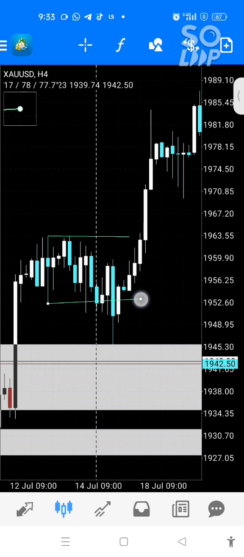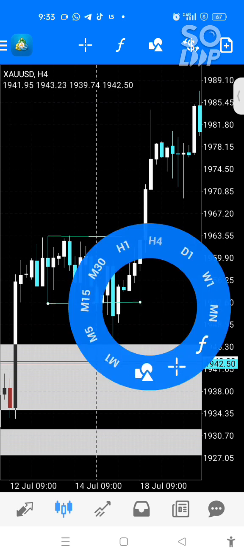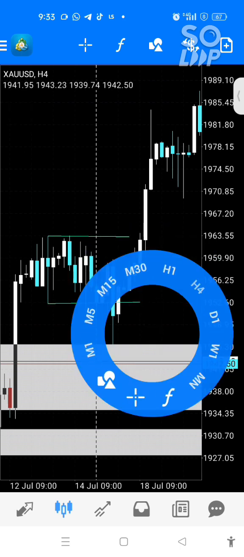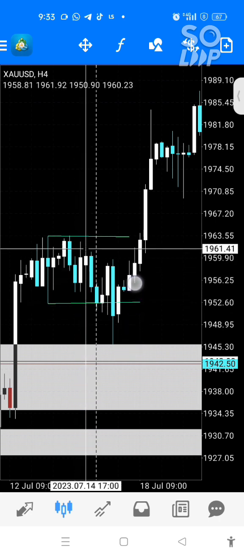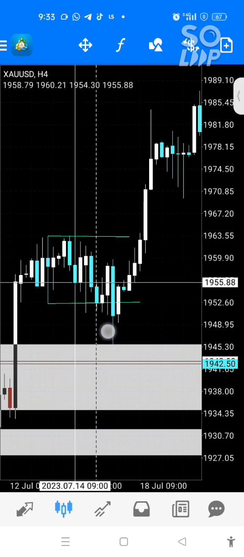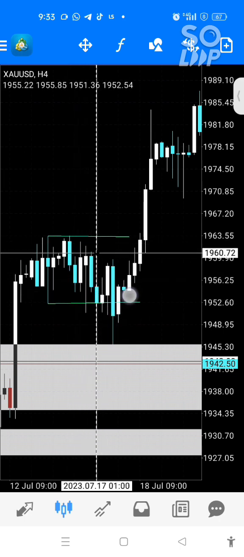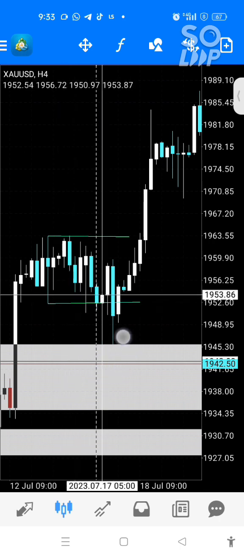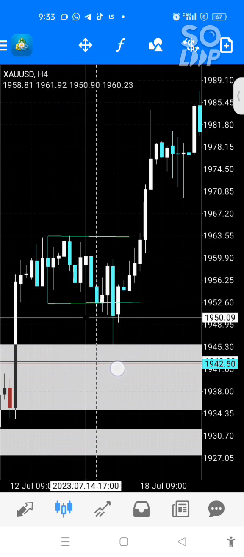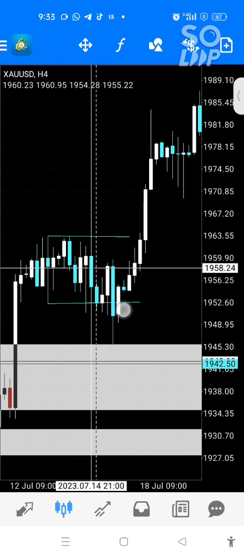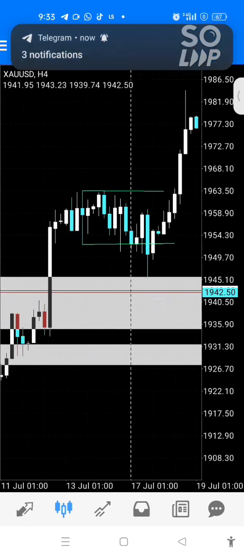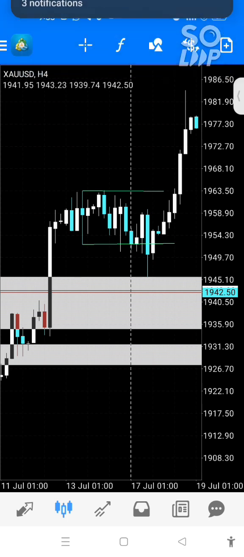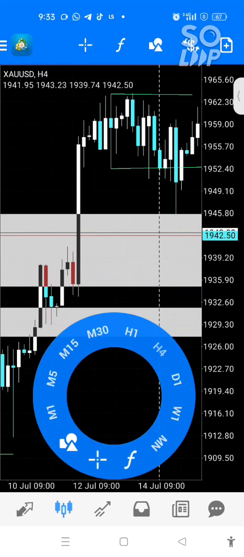You can see the market is trending. It's ranging, sorry. Now, when it broke this low, did you see the market buying? Yes, sir. A lot of you will chase this, but I will not chase this trade because this is not a high probability trade. Why won't I chase this trade? Who can tell me? Because it is not on the discount. Very good. Because the market is not at discount.